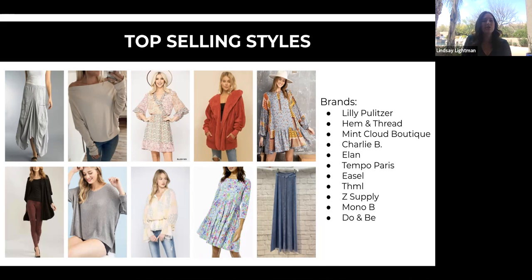Lots of people are just kind of shying away from activewear right now. They're a little bit sick of it from COVID and they're ready for dresses and stuff like that. From a style perspective, what you're seeing here is a lot of floral, a lot of dresses, but all of the dresses are a little bit flowy, and you're seeing that across the tops as well. I think people are still carrying their COVID weight and they're looking for cute outfits that kind of cover it